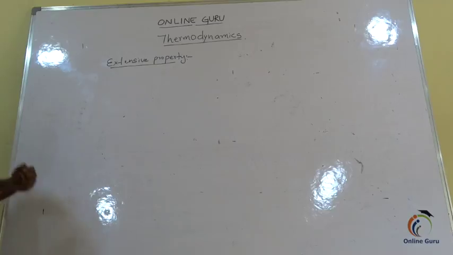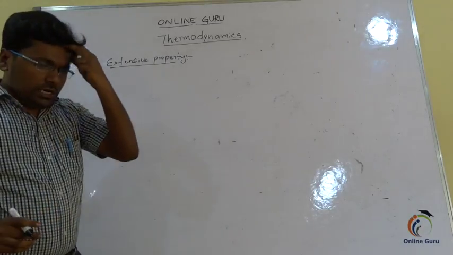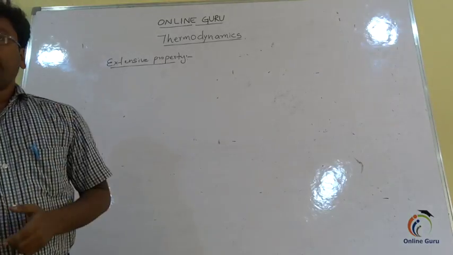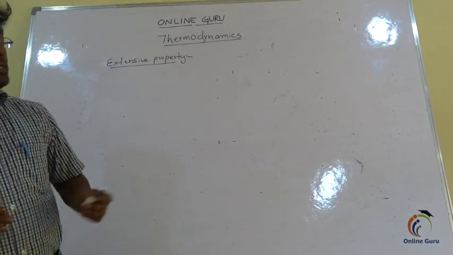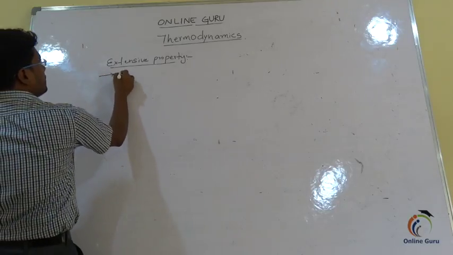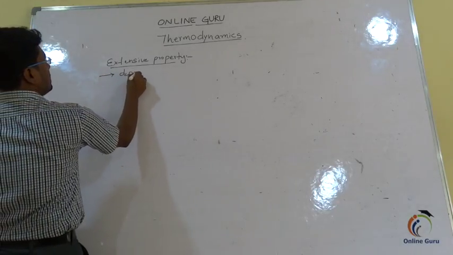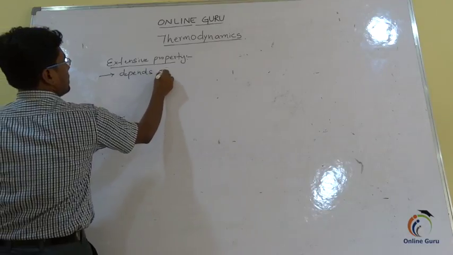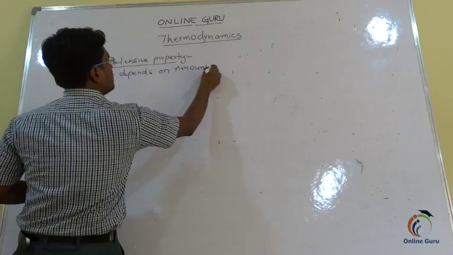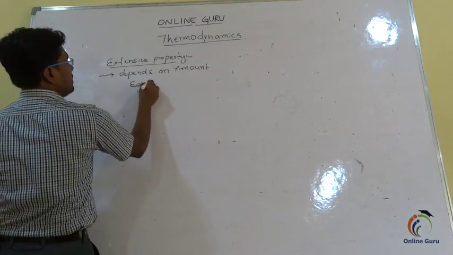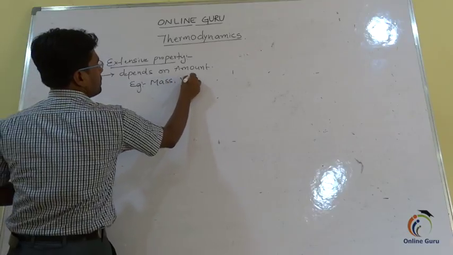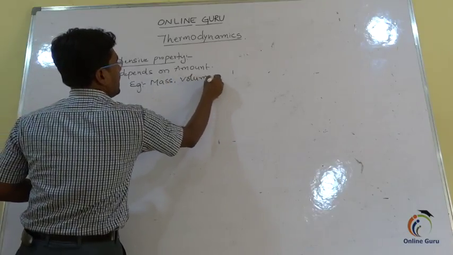Extensive property. A thermodynamic variable which depends on the amount or quantity of a substance present in it is called an extensive property. So this extensive property depends on amount. So for example, mass, volume, length,